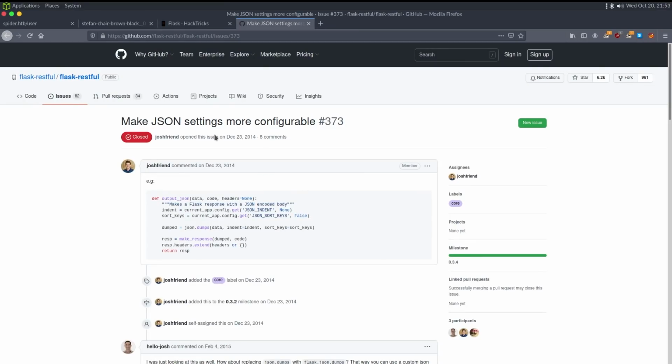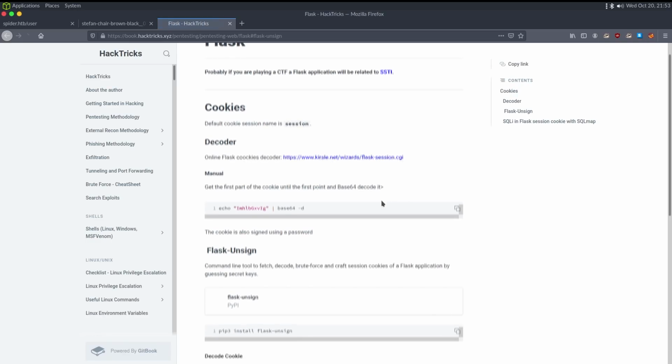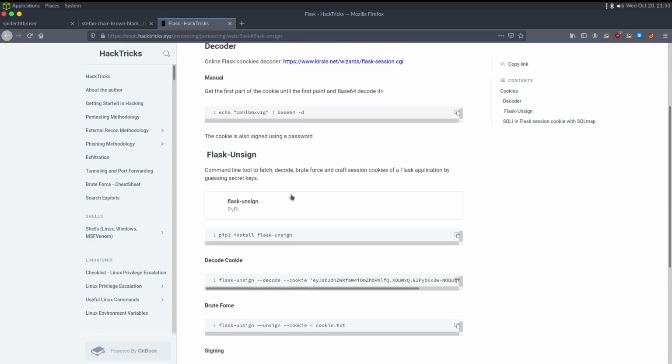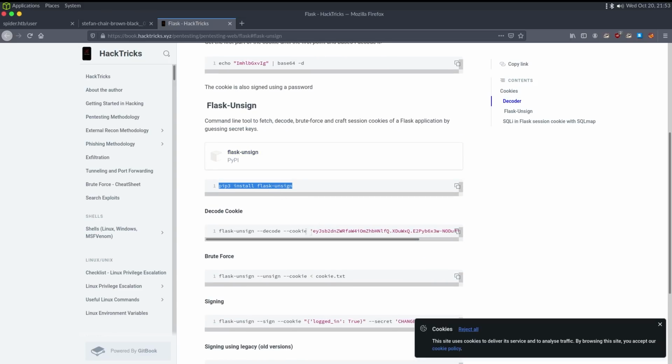But we now know this is definitely Flask, so that's why I went and searched Flask on HackTricks, and that probably errored out because I disabled Burp while it was going. Come on, there we go. And this is where I learned about the Flask-Unsign package. So I ran pip3 to install this, and then we can play